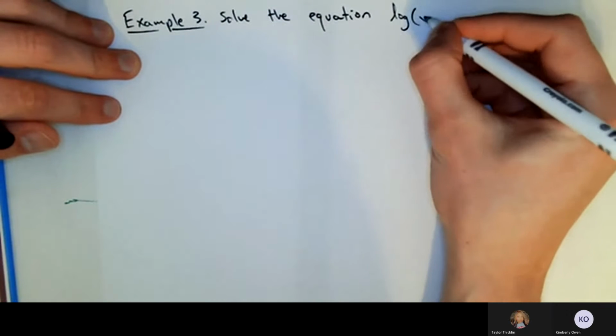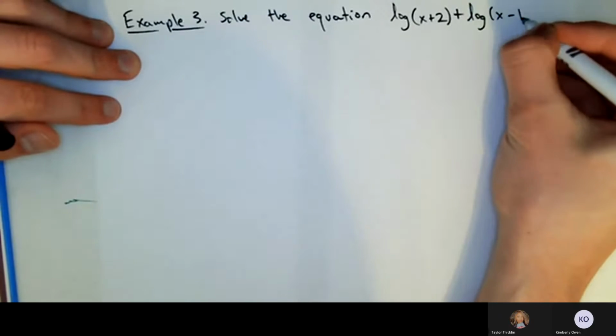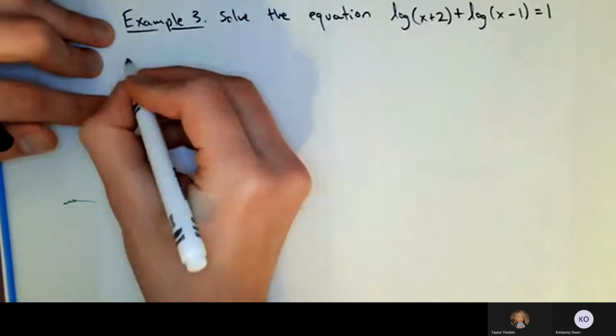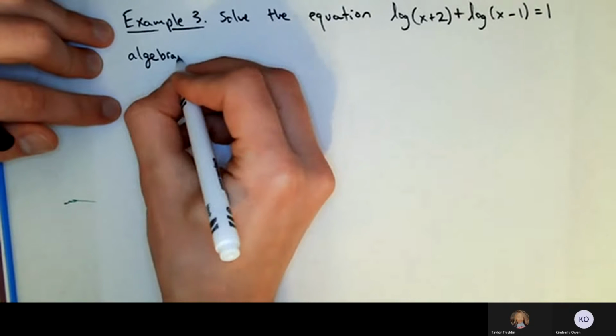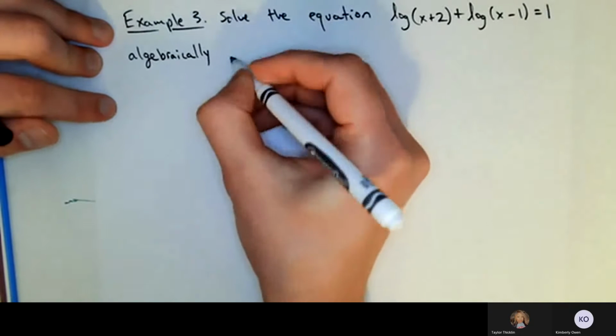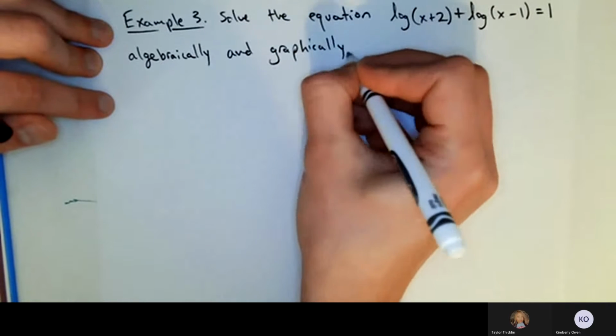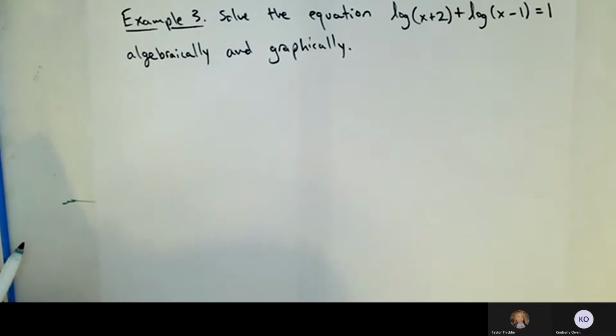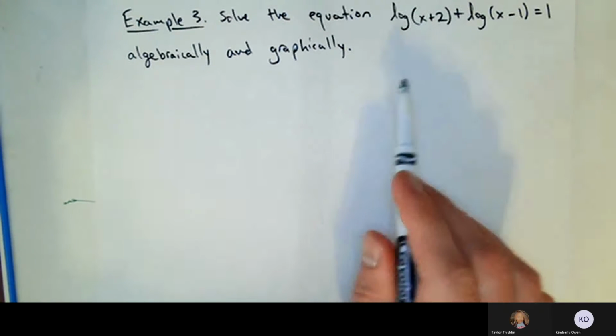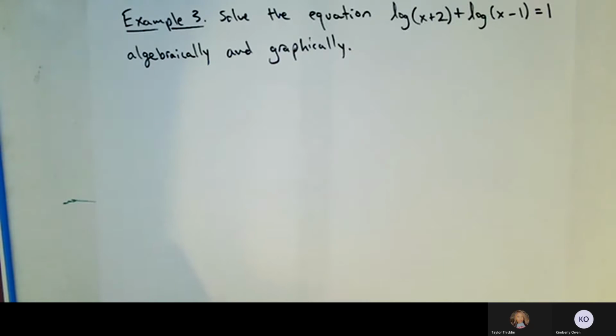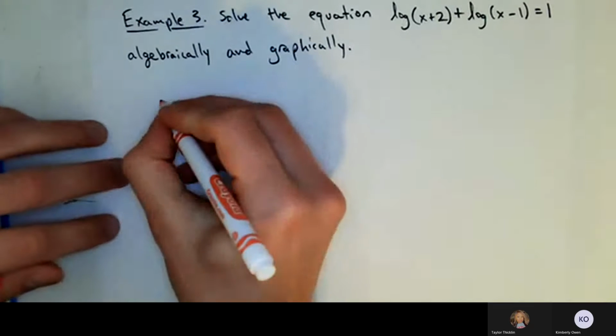Okay, now we're going to have the thing where we have 2 separate logs. So plus, these things are separated by a sum. It's equal to 1. We want to solve it algebraically, like we've been doing. That means like with symbols and operations and such, and graphically. So we worked a problem like this earlier in the section. I think it was example 3 or 4 for exponential equations, where you could solve the exponential equation graphically, and we'll see you can do that with the log equation too, in a very similar way. So first thing we're going to do though is solve it algebraically,